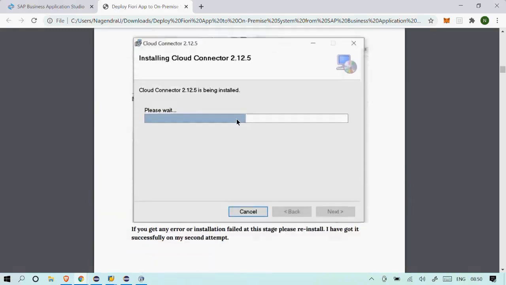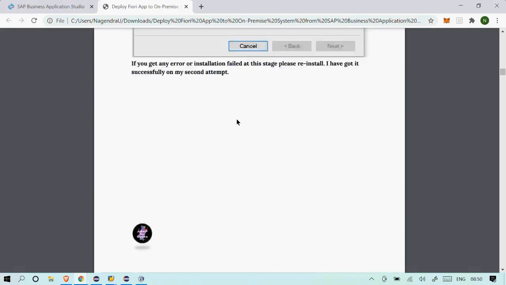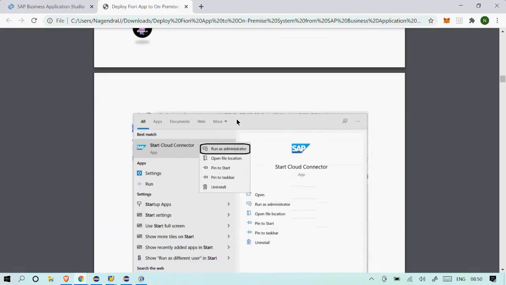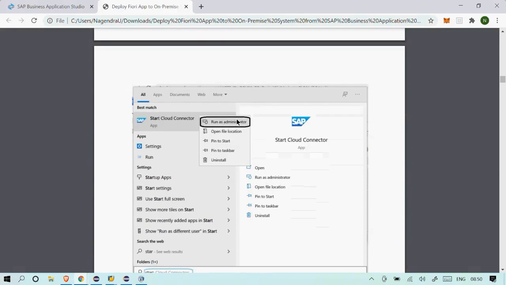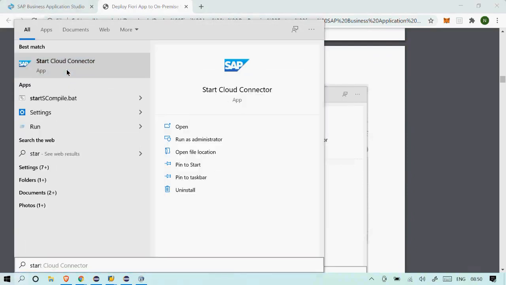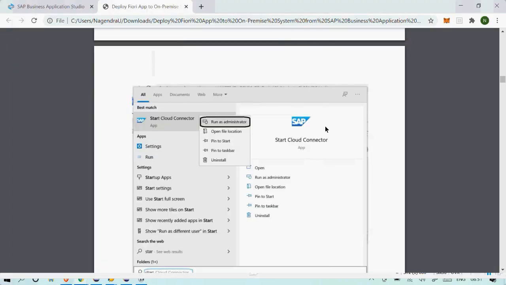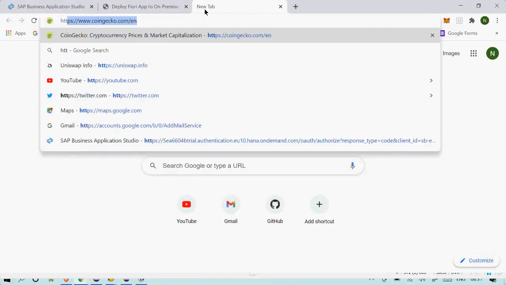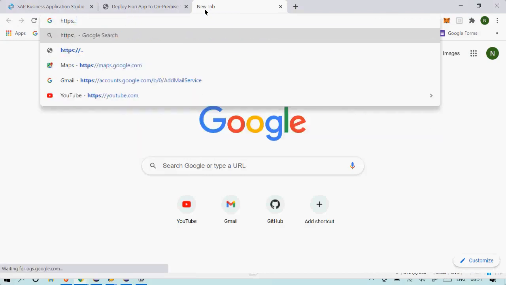Once it's installed, in most cases when you're trying to access it, you will get an icon here. If I search for that, I'll get an icon here, Start Cloud Connector. I will run it as an administrator. Once I run it as an administrator, Cloud Connector will start. You will not get any information here. So how do you know whether your Cloud Connector has started? You will try to access it with